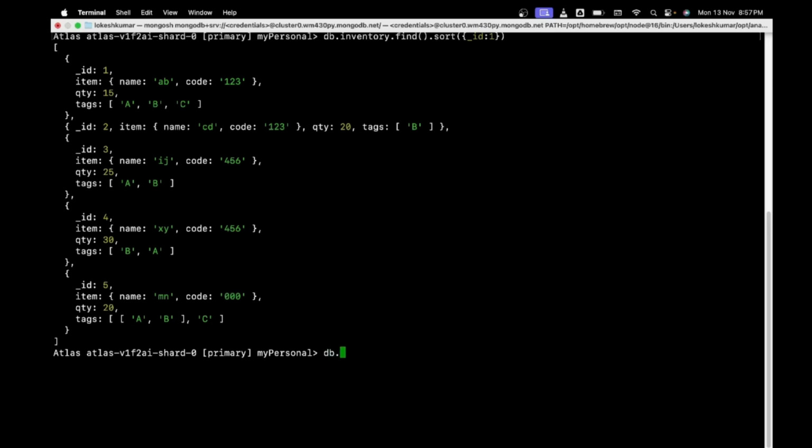I will write db.inventory.find and we'll use quantity to implement our operator. So I will say where qty is greater than, let's say, greater than 15. Because I have used quantity greater than 15, I'm expecting that this record should be excluded, and these 25, 30 and 20 should come in our output. Let's hit enter,